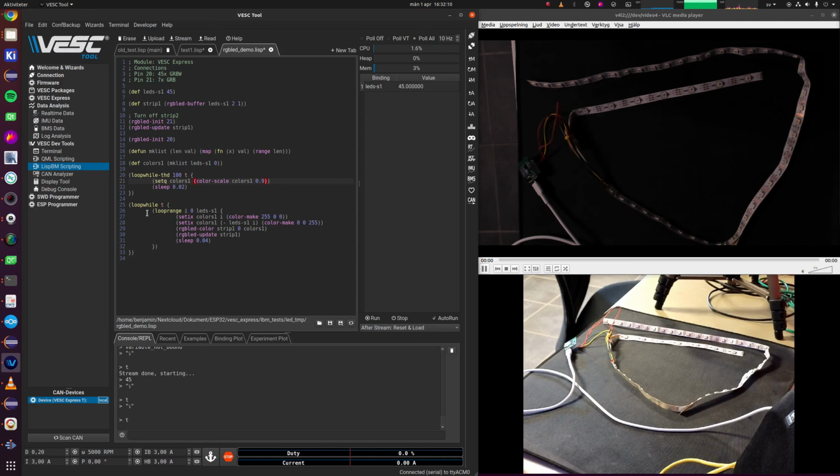Then we have the old loop, or more or less the same loop, but we have wrapped it in another loop that just keeps going forever. And here we loop over all of the LEDs. In this buffer we set one LED to red, the LED number I, so we loop from 0 to the number of LEDs, and we set the last LED, the number of LEDs minus I, to blue,